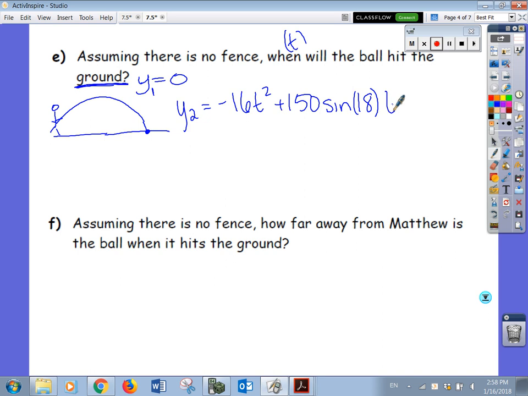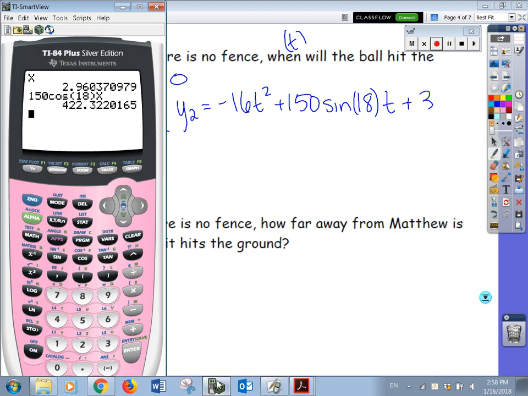Again, be sure you put parentheses, and you could just use the X button instead of, you don't have to go and find alpha t. You can just do the X in the y equals. I think I flip-flopped, and when I put them in the calculator, I did y2 is equal to 0 and y1 equals the equation. It doesn't matter. With y1 and y2, it's going to graph that one first. It doesn't matter which one's graphed first. So you put them in,